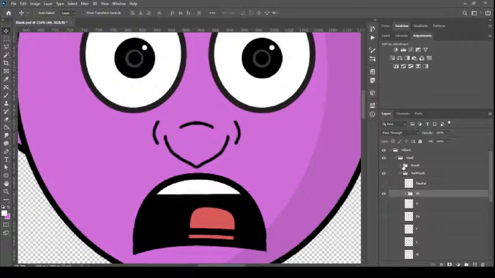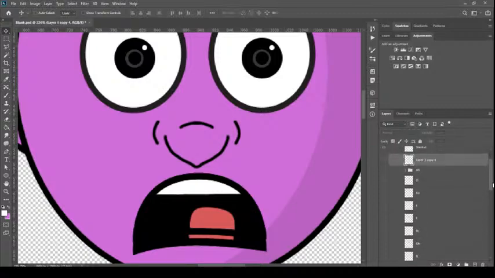So what I can do in this one is take this layer, the one which I made, the teeth, and bring it inside the sad mouth, and this one is already done. I will close the mouth. Now I will do the same thing with the neutral mouth here. Okay, I will turn this on,